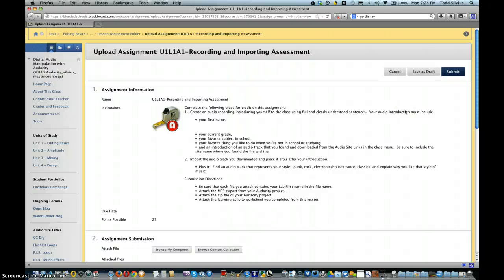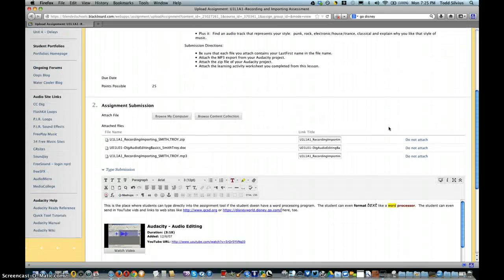Today I'm going to demonstrate the assignment tool in the latest version of Blackboard. If you look here, I'm in an assignment tool as if I were enrolled as a student in the class. And if I scroll down, you can see I have 3 different attachments attached. One's a zip file, one's a word processing file, and one's an audio file too, because this happens to be